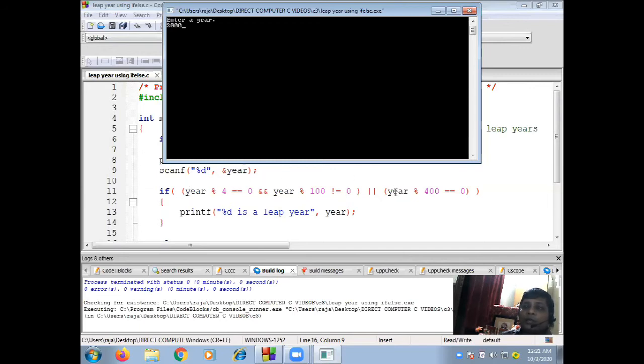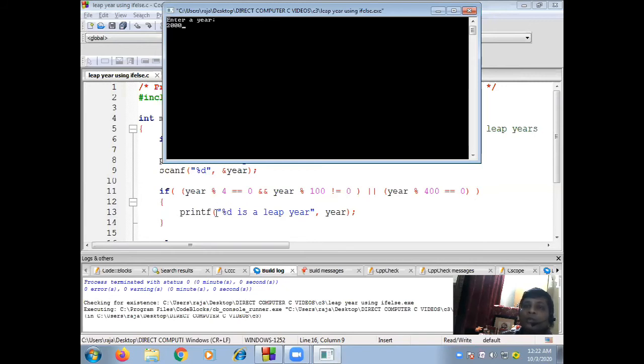Clear? Then come to the second part. If year modulo 400 equal to 0. You can see 2000 modulo 400 equal to 0. Yes, this part is true. So this is an OR condition. This is false, but this is true, so the total becomes true.